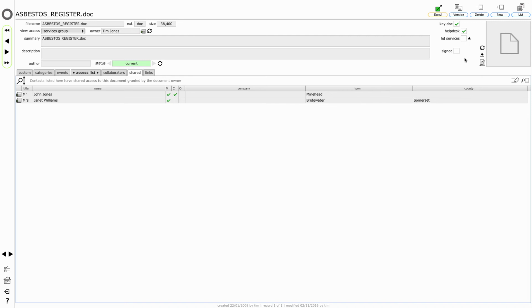And that cannot be deleted. You can't remove the link, and it is permanently recorded. So the key doc flag relates to outgoing works orders. In this case, the help desk flag is also ticked, and that means that this document will also